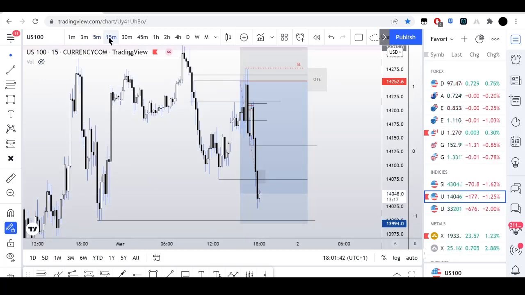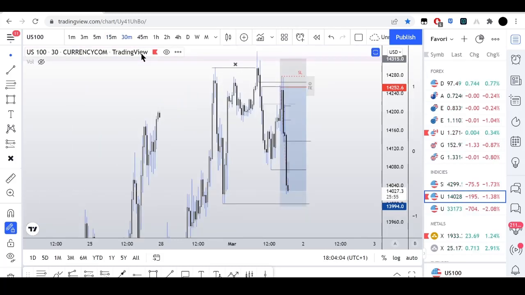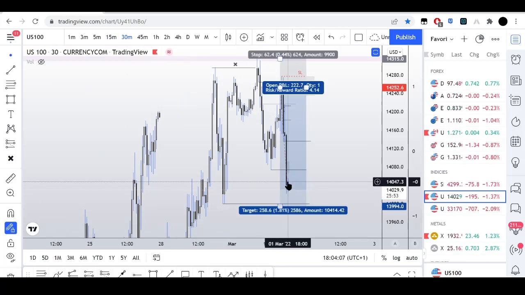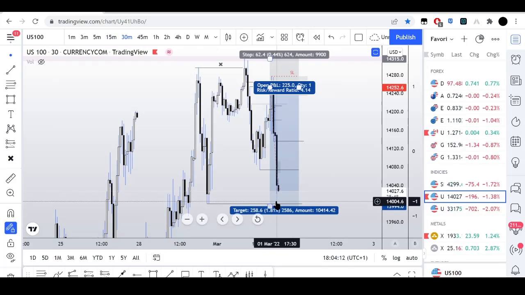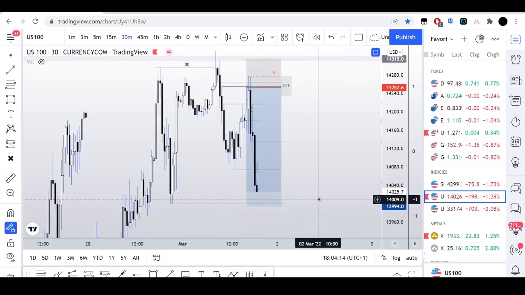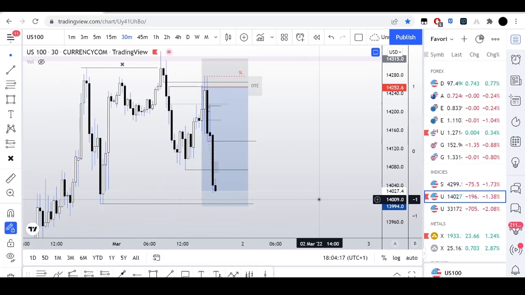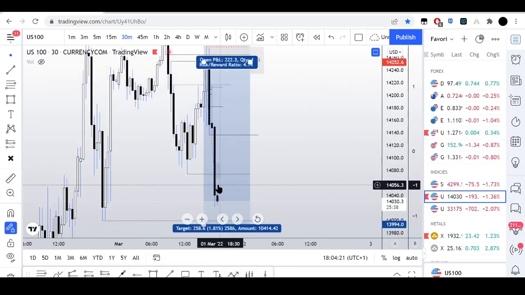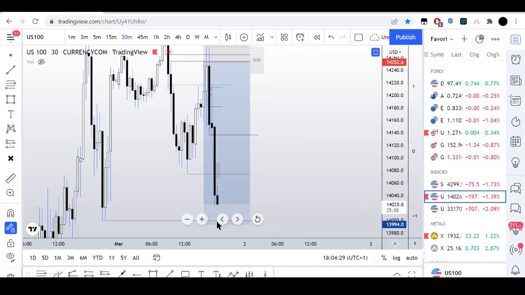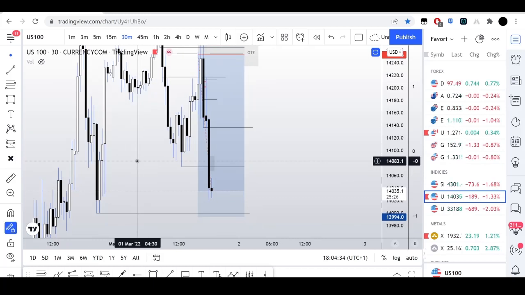All right, I'm gonna update you guys after I make another decision. Okay, so here's the 30-minute. It created the top wick and then it flipped bearish. I want to see the top of this hold and for us to run this low now. That's what I want to see. So I want to see us run this in the next 30 minutes. I don't want to see us go above this though. I really don't. If it gets above this, I'm low-key just gonna close. I want to see this next candle just displace, have a displacement right to this low. Take out this low. So we'll see what happens.